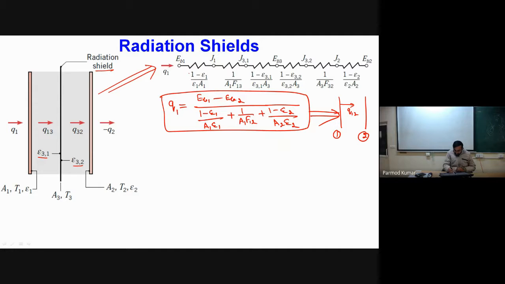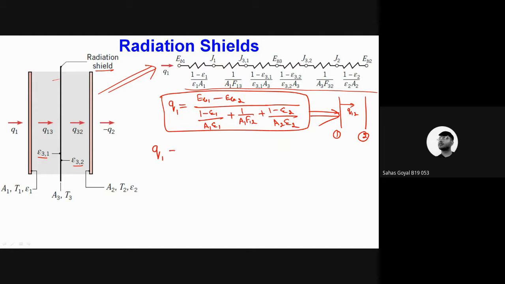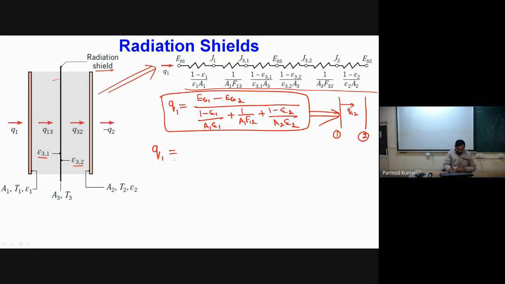Yes. So first we will be having this as say surface resistance, then space resistance between 1 and 3, then surface resistance of 3 on left hand side, then surface resistance of 3 on right hand side, and then space resistance from 3 to 2, and then surface resistance of 2. Okay. Is this point clear? So in that way, we can add number of walls in between, right? Yes, we can always increase and increase. Yes, we can increase number of radiation shields also.